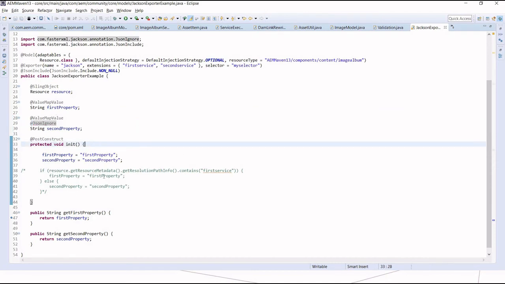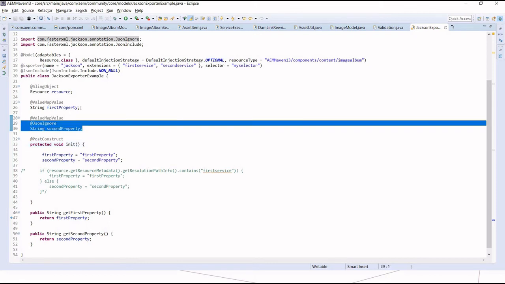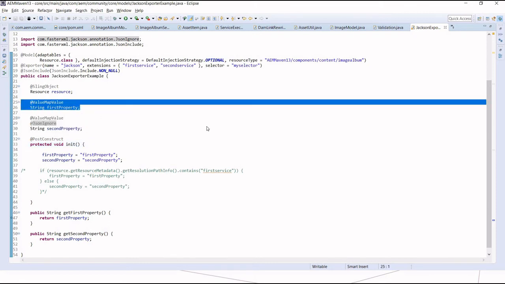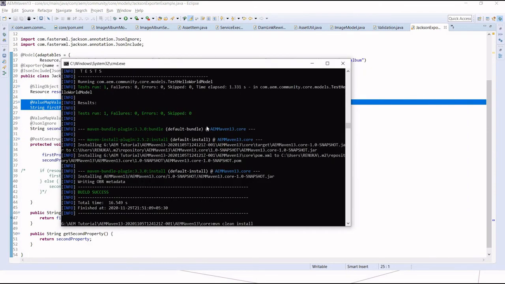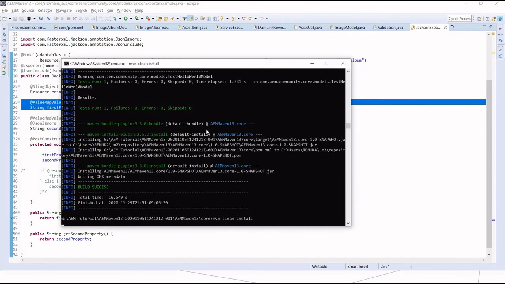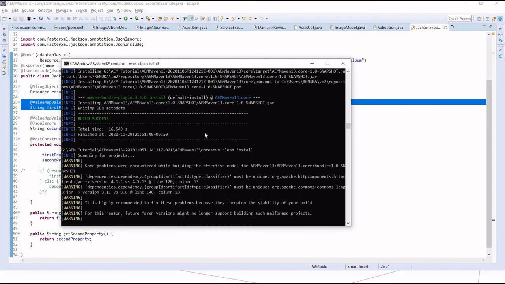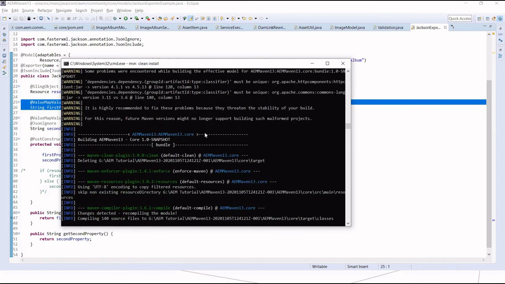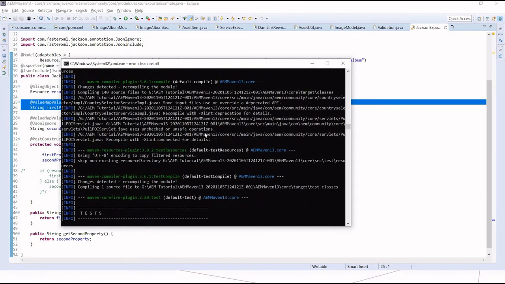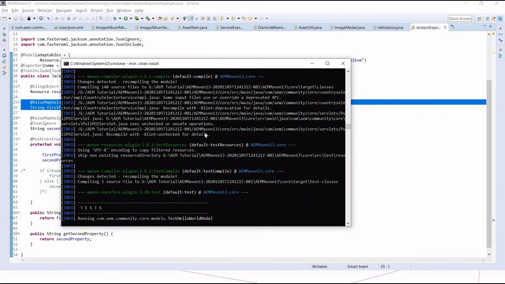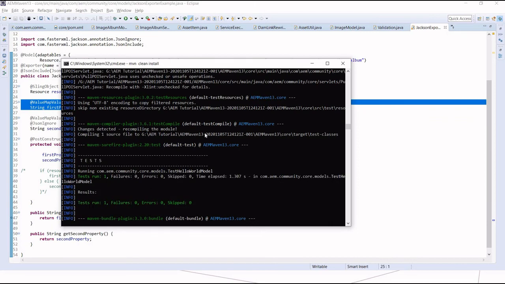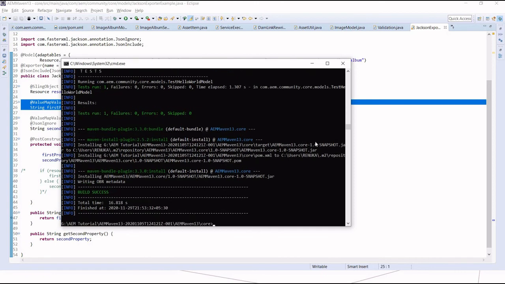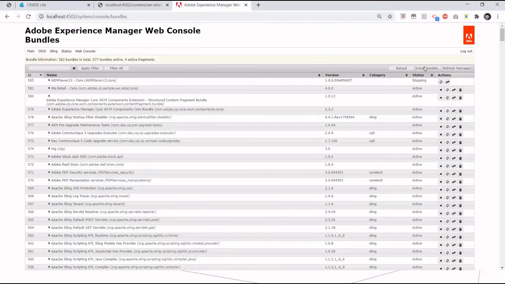So what it will do, it will just ignore second property and it will have just first property in the output. Let me just deploy it again. Let's install it.